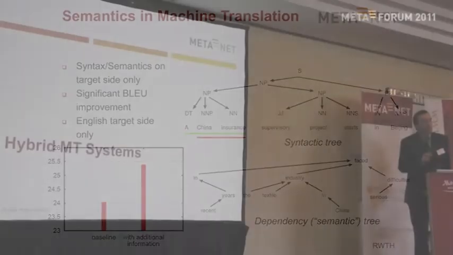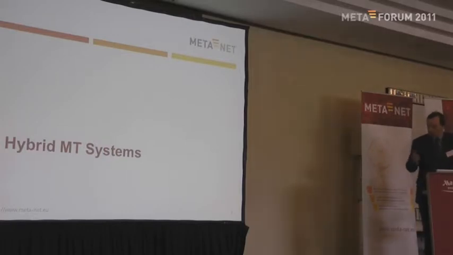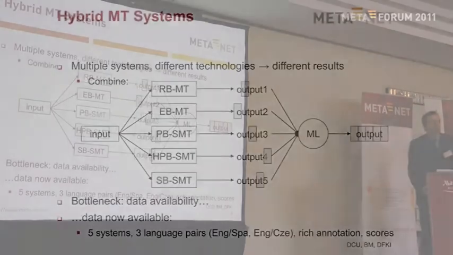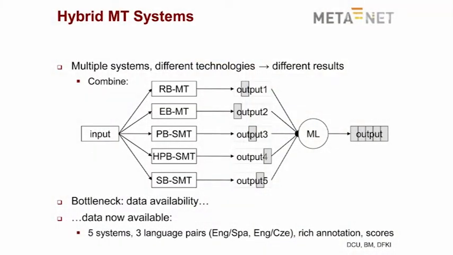Another area that's being worked on, and has been in talks for a long time, but only within this project people really took the challenge and started looking into all the types of possible solutions, is what's called a hybrid system or system combination. Imagine if you have, in this case, let's say 5 systems which produce translation. Then very often each of the systems does different types of errors, or in other words, makes a section of the translation correct while the other system does not.